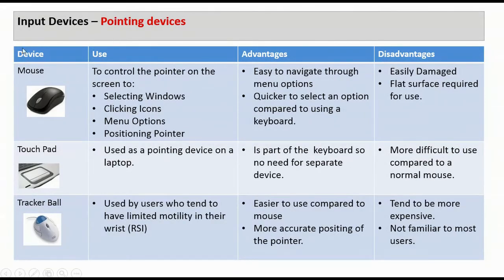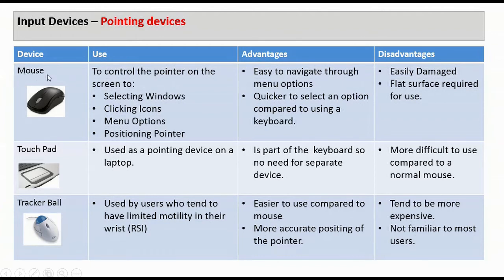The third, fourth, and fifth devices we are going to discuss now are all examples of pointing devices. Pointing devices are those devices which are used for pointers in a GUI. You would remember from the GUI lesson that WIMP, Windows, Icons, Menus and Pointers, is a main type of GUI. So this pointer comes from the pointing device that helps it to move around.